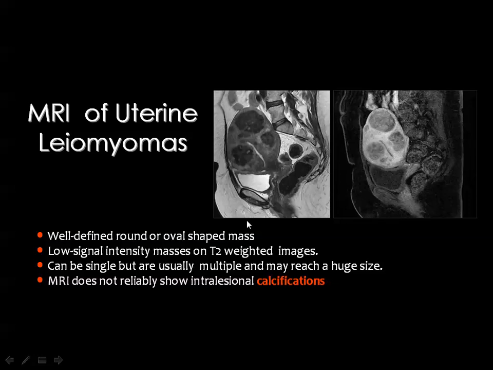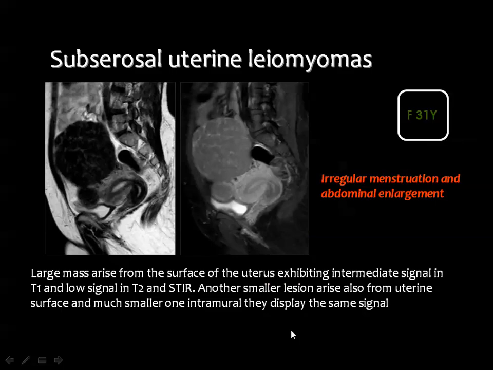Characteristically, the mass is of low signal in the T1 and T2 weighted images, and if you inject contrast material, the mass will not enhance as similar to the enhancing normal myometrium. And you all know that MRI is less sensitive or insensitive for detection of calcium in uterine fibroids. And this is T1 and this is T2, and this is T1 post contrast of a big subserosal fibroid affecting